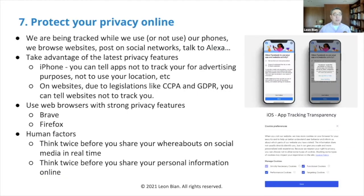And then number 7 is protect your online privacy. We're constantly being tracked, right? I think it's 2 years ago. Yeah, 2 years ago in 2019, a reporter from the Washington Post decided to look at his iPhone and see how many trackers were on it. So he spent one night, put some software on it, and worked with a security firm to actually determine how many trackers were there. He found on his iPhone there were